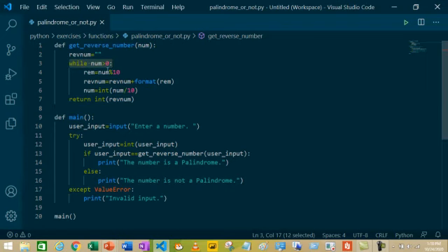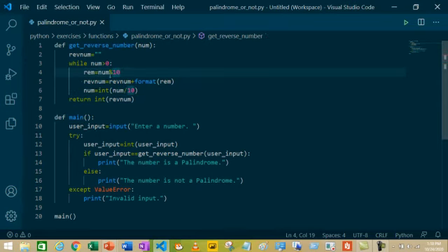Next, while num greater than 0. The while loop continues as long as the condition is true. Let's suppose that the user input's value is 434. So num's value is 434. As 434 is greater than 0, it will do what's in the while loop.